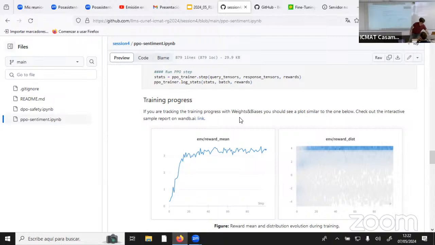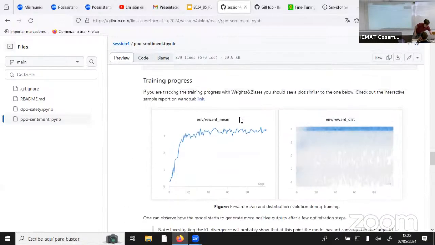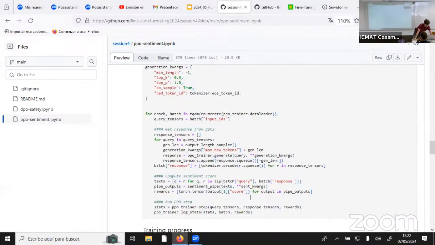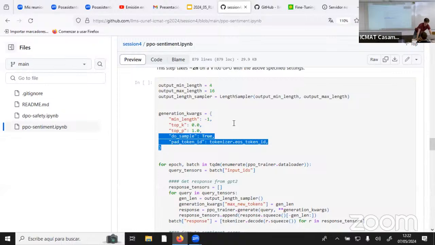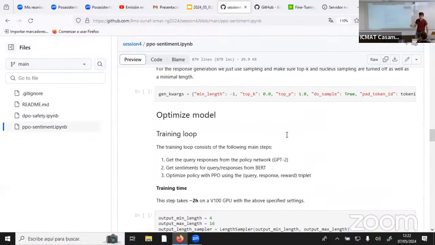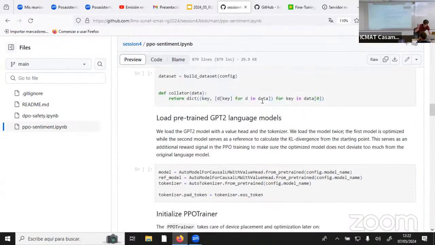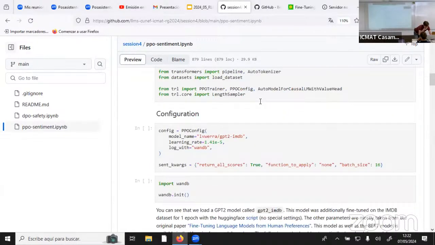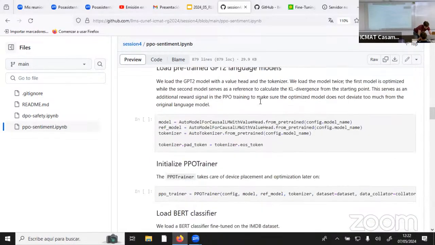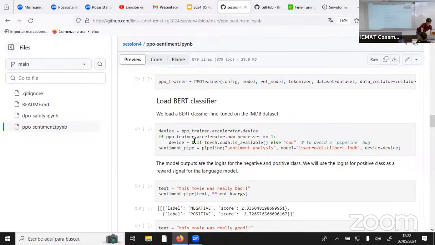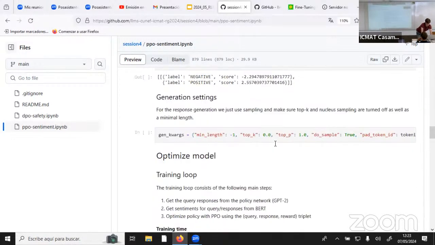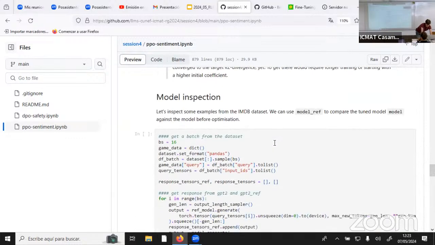Okay. And the preference data is in Hugging Face? No, in this case, I use just a classifier for positive sentiment or negative sentiment, and as the reward, I take the logit. Okay. So you're not training a reward model? No, in this case, no, but you can train one with this library too. Yeah, it's a BERT classifier, and you take the logits, it works best.